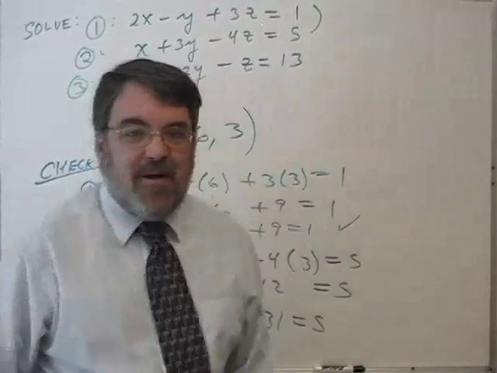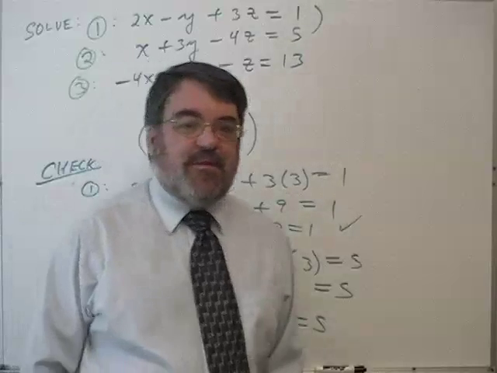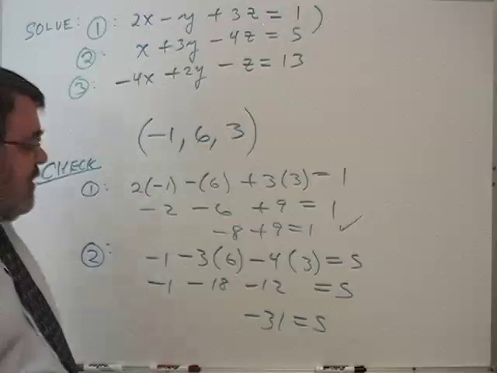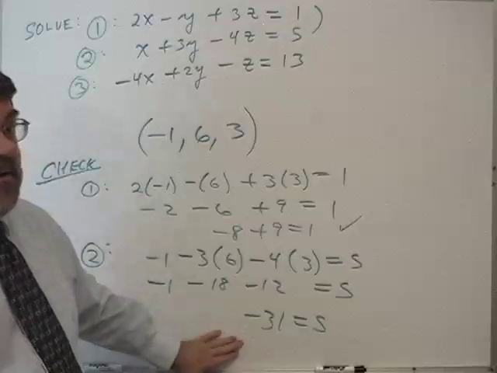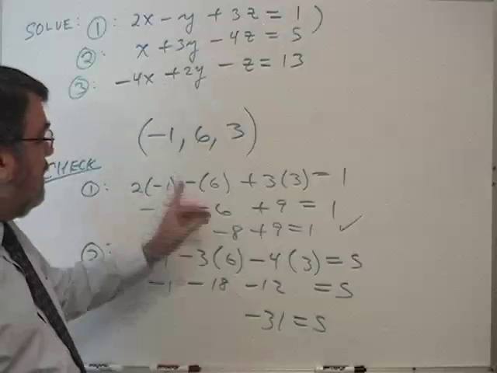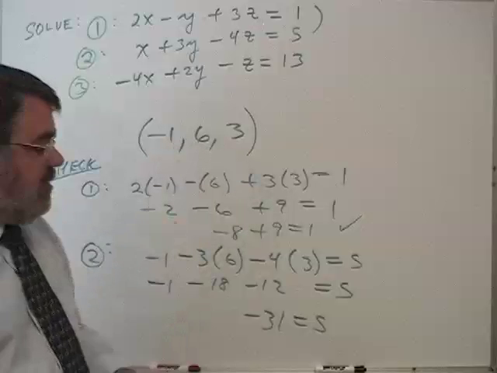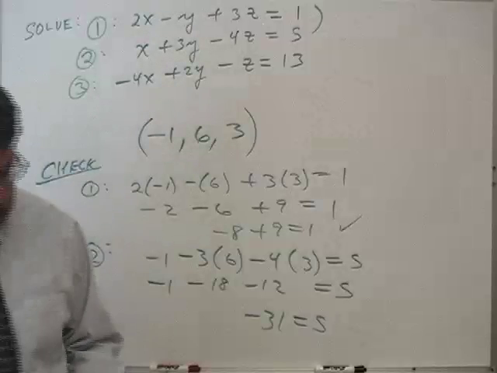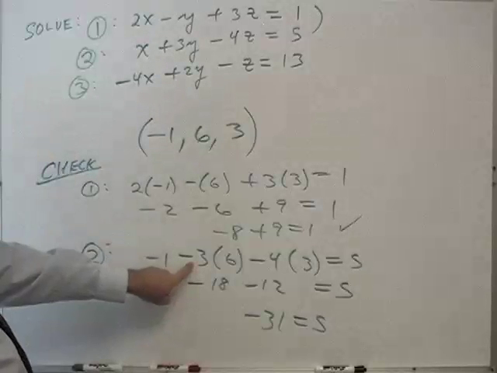I'm going to talk more about that as we plow through solving systems of equations. So here I've got an error, and the error is either my answer is wrong or my check is wrong. Well, in this case it was the check,